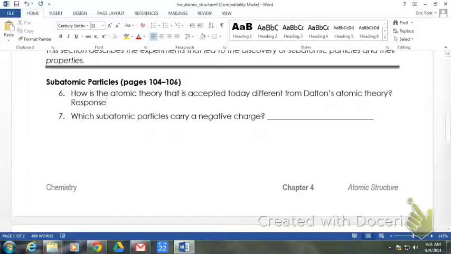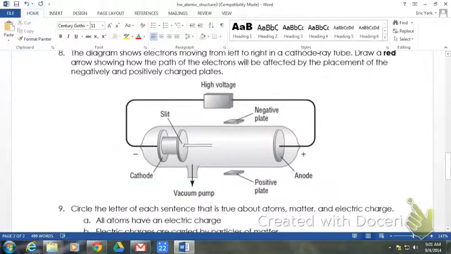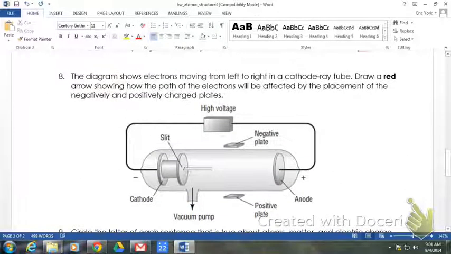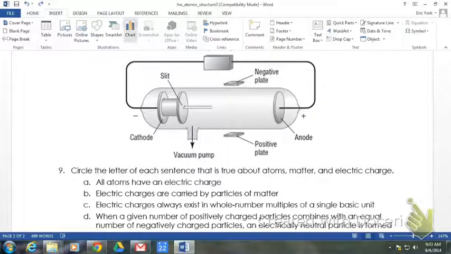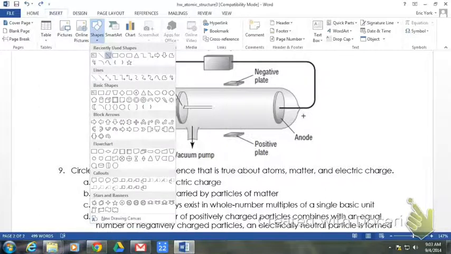So type in your response, double click it, either highlight it red or highlight it yellow. Whatever works for you. So let's go down. Here's one that you're going to have to put an arrow in. If you cannot figure out how to put an arrow in, in order to insert an arrow, at least for this version of Word, you go to Insert, you go to Shapes, click Arrow,